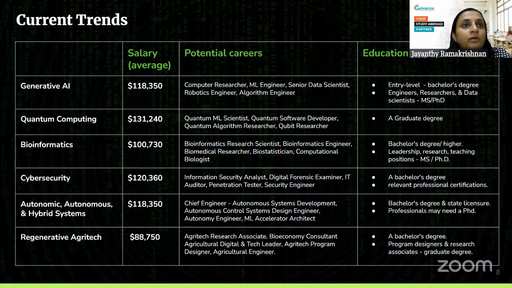Okay. Now, autonomic and autonomous and hybrid systems. So autonomous systems operate with little or no human control, like robots, self-driving cars, and things like that. Autonomic computing, in contrast, controls itself while also responding to the environment. So it's like predictive AI. So these are again very new hot fields, and a lot of research, a lot of money is going into these fields. So again, these are sought after positions. A bachelor's degree is enough for this, but if you need to be a professional at a higher level, you will need a PhD here.